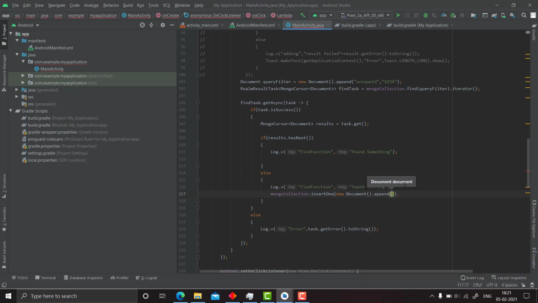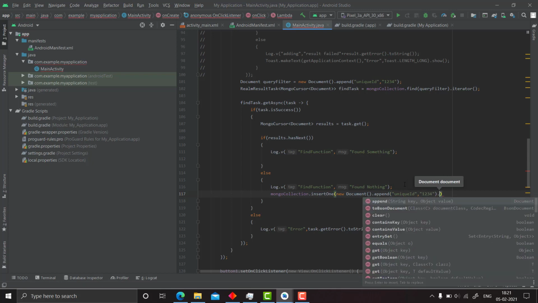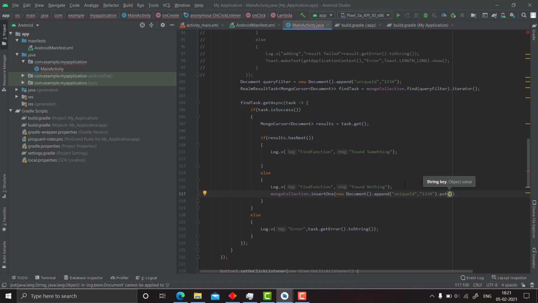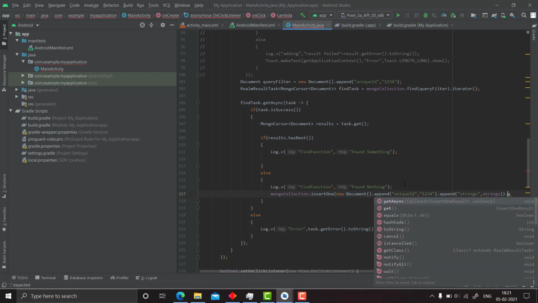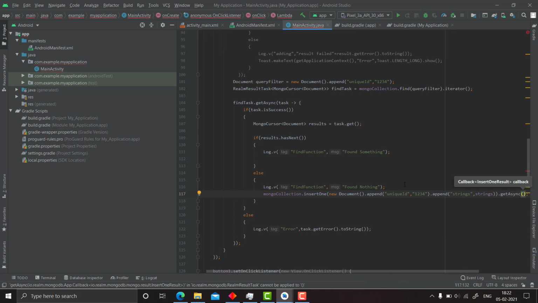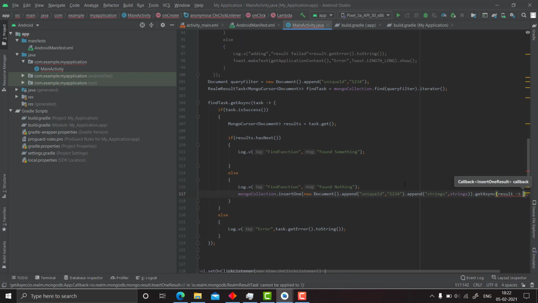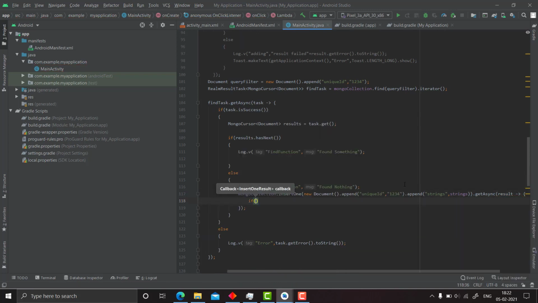We will append to it a uniqueID of 1234 for future search purposes, and we will append to it strings, and the value would be strings. This will be the array. Then the result.getAsync, and let's write it as result arrow. If result is success,